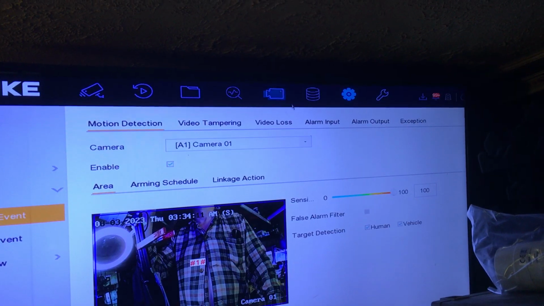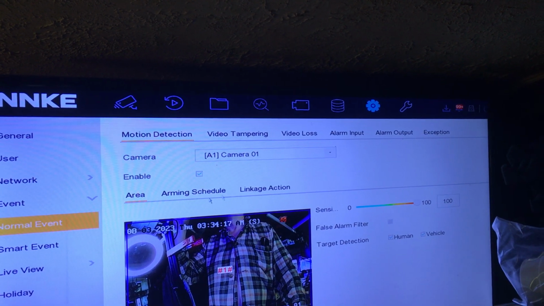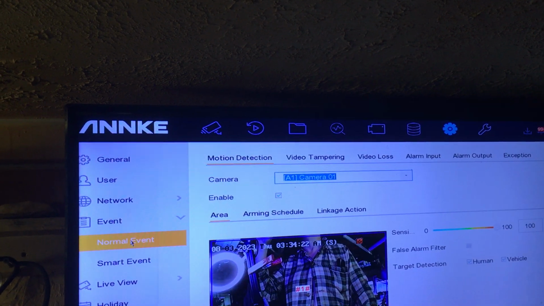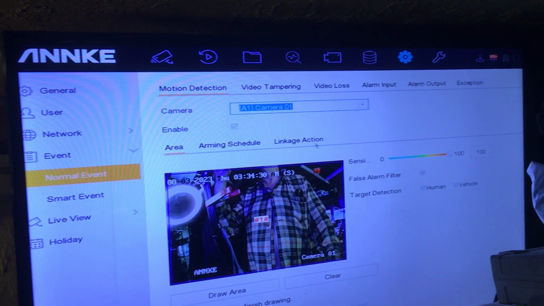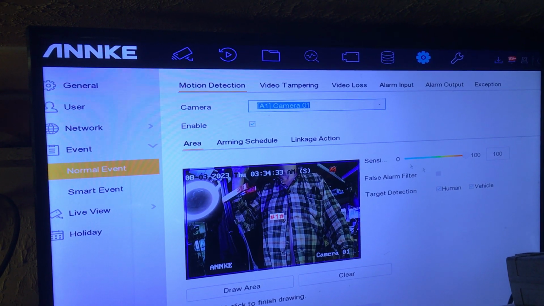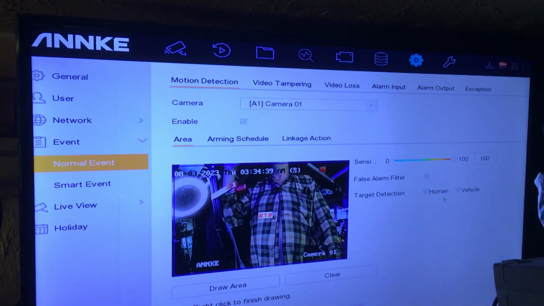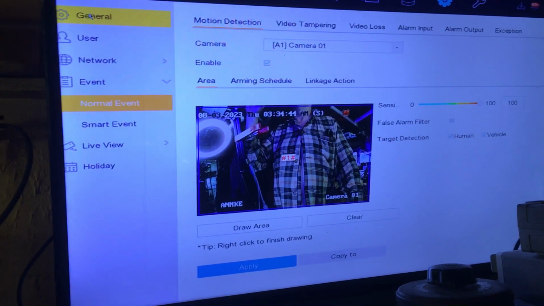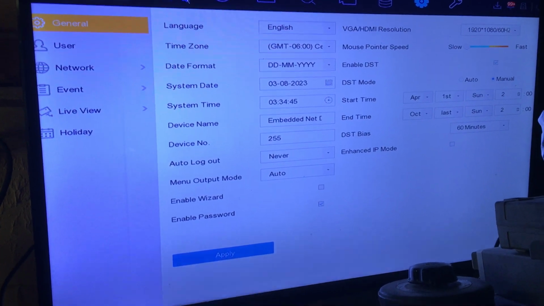Let's go to that. This is for camera 1, but it does have smart events available, despite the fact this is not an Annke camera. In fact, it's actually a 5 megapixel camera, but I can only access it as 4 megapixel because it doesn't work properly with Annke. But apparently it's still an analog camera, so you don't have to just use Annke cameras with analog. But digital, the IP cams, yeah, it won't work on those without them being Annke protocol cameras. So anyway,